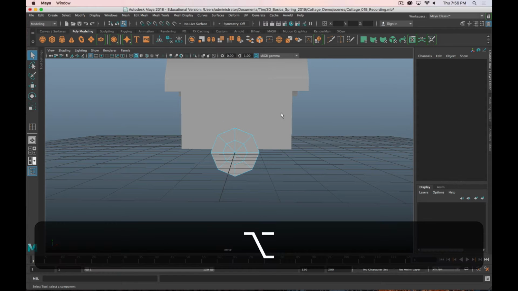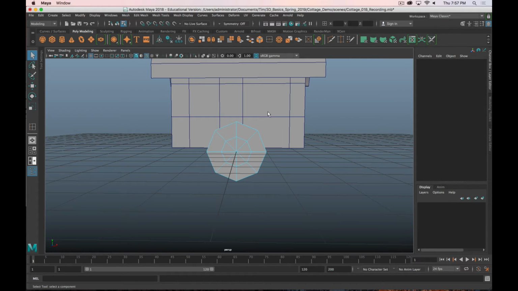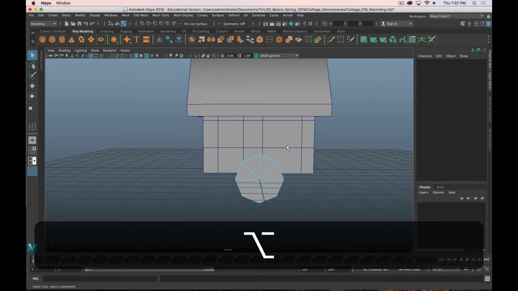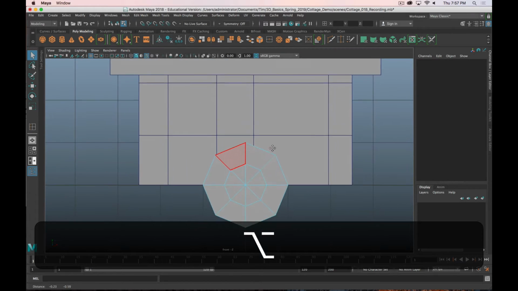Now, on my building, I can't really see where this door is that I've already laid out, and so I'm going to turn on wireframe on shaded, which is this blue cube with the white lines in the viewport toolbar. Okay, right here. This is where we want to click, and now we can see all of our edge loops. Okay. And I'm going to do that in front view as well. Okay, so now in front view,